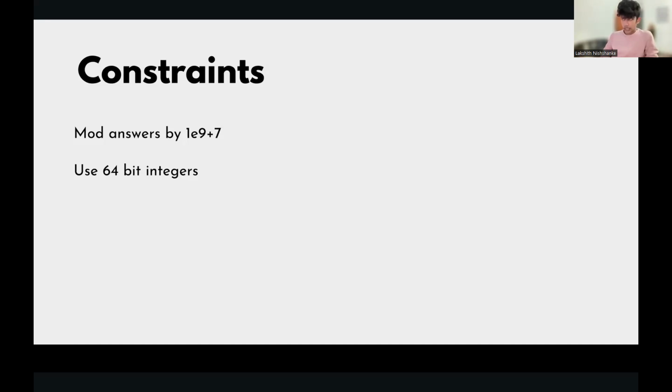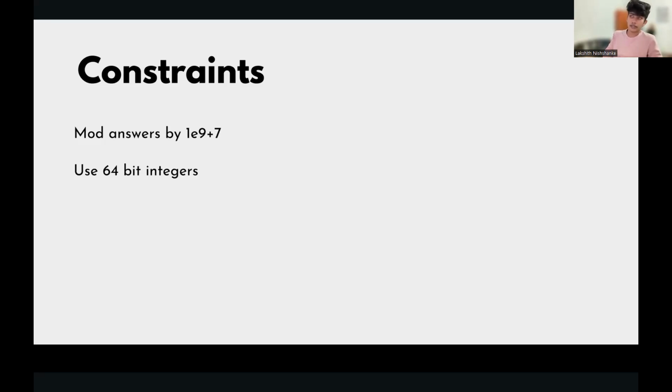So in problems like that, the problem statement will usually ask you to mod your answer by 10 to the 9 plus 7. This 10 to the 9 plus 7 is a prime, I think, or any other prime number. So basically what they are asking is to find the answer and mod that answer by 10 to the power 9 plus 7. Modding means dividing and getting the remainder.